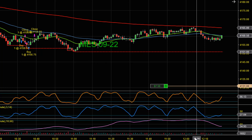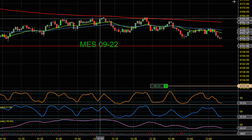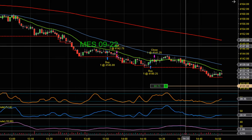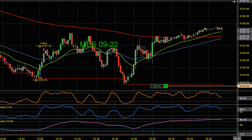Go back to yesterday, same time, and look where we are. Same exact pattern. We push up against the 200 period moving average once, twice, three times, and then the market here kind of dives down and continues to trade lower and lower and lower. All right, so now